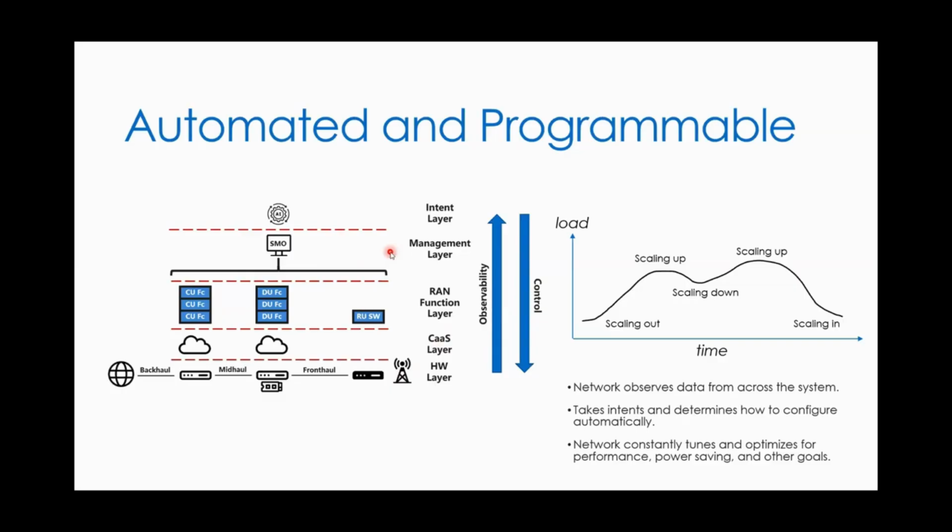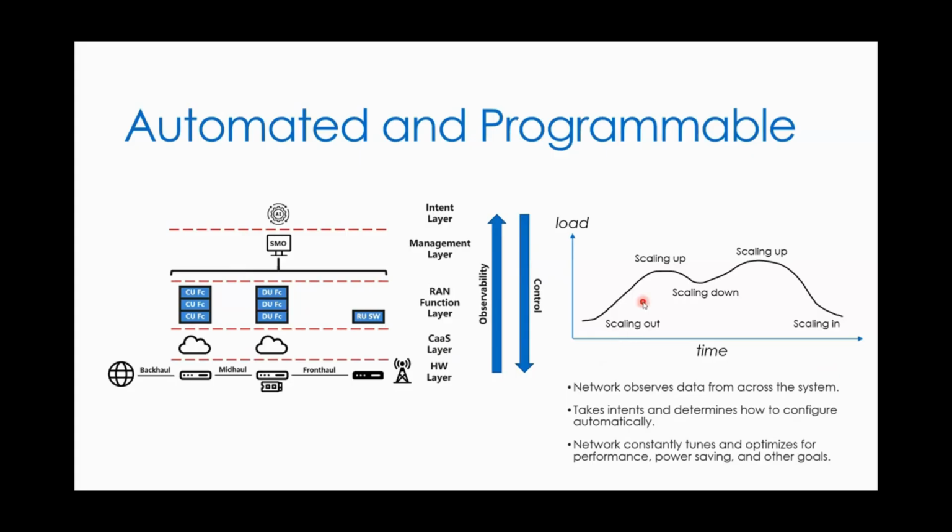So it's looking at the system and various aspects across the network. It figures out, based on the intents that I have and what I'm trying to achieve, what do I want each of these layers to do. And so there's a control aspect where the instructions get sent down to the different parts of the layer to optimize the whole. So when you put all that together, you can imagine a case where, for some period of time, say over the course of a day, early in the morning, maybe the network's slightly used. And so I only have a few functions that need to run because that's going to support the capacity that I have in the system at the time.